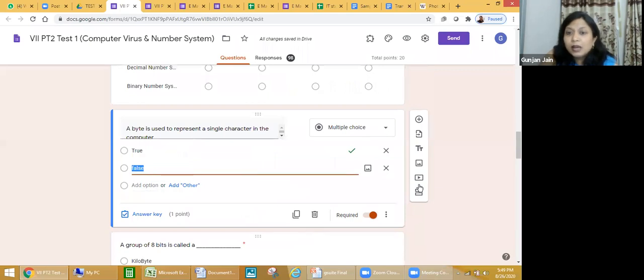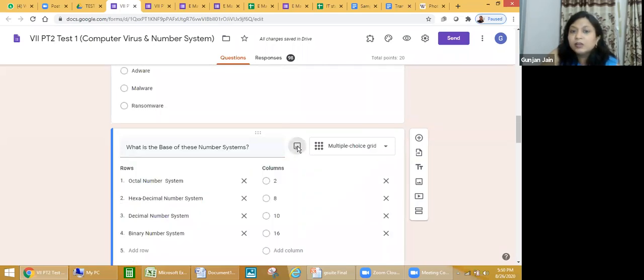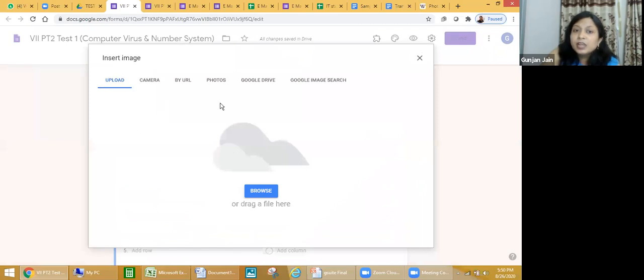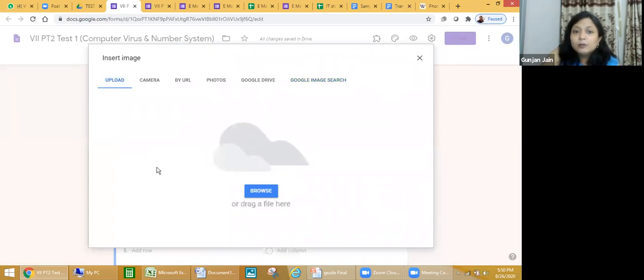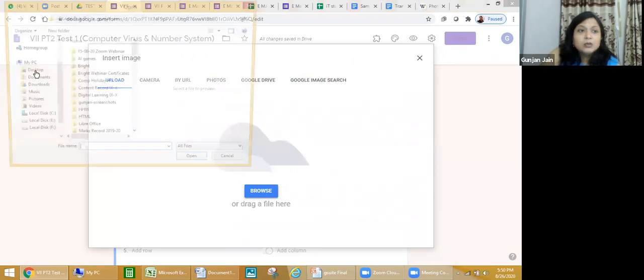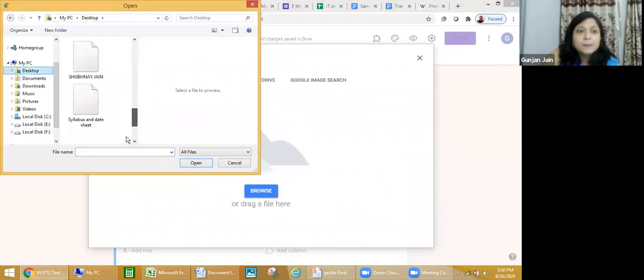So we should check this in every question. Then we can also add an image to the question, as it was a query yesterday that if you want to add the equations, you can type it in Microsoft Word, then save it as an image, whatever is the question of equation, and then you can add it over here. See, I want to add an image over here, I will click on this button. Now this image can be uploaded from Google also. Google image search से भी आप search कर सकते हैं, or you can upload it from your computer. You can browse and you can search for any such picture.